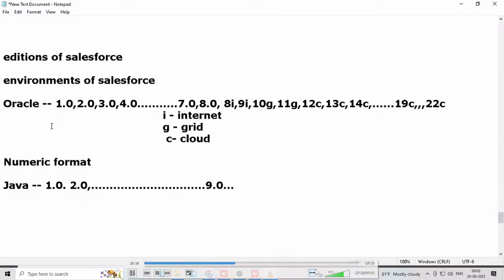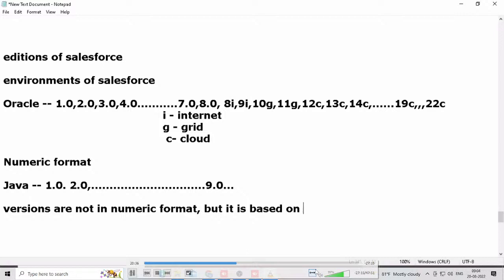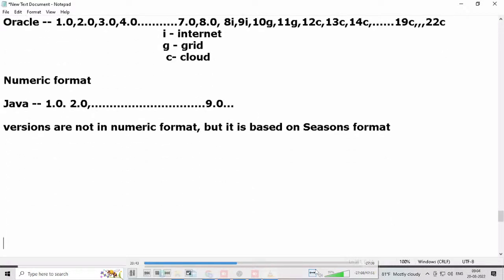Salesforce versions are not in numeric format. Understand? But it is based on seasons. Understand, everybody? It's really surprising. What is the seasons format here? Seasons format means every year,